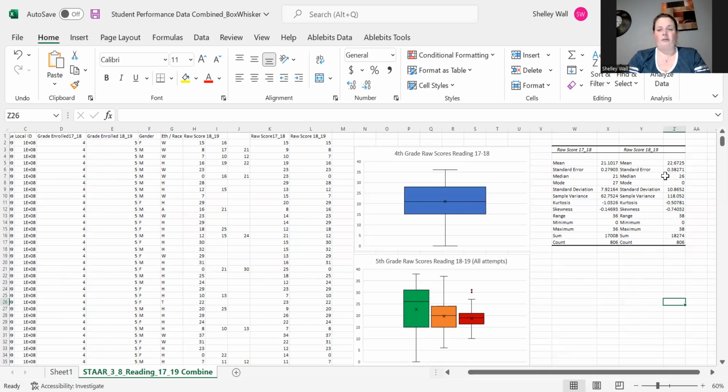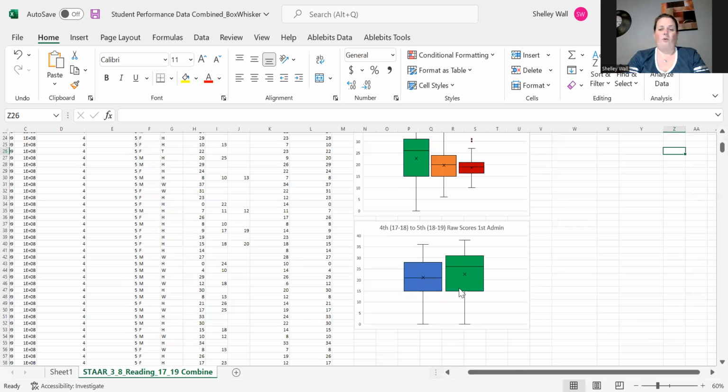Of course, you have to take a little bit of variance into the factor that in 5th grade, they did get to take the test up to 3 times. But for the most part, most students only took it 1 time. So the one administration as a 4th grader compared to the one administration as a 5th grader shows some pretty significant growth. You can see the standard error, and then you can look at the median. And if you look simply at the median score, at the 21 to 26 difference, that shows quite a bit of difference. Standard deviation, as we'd mentioned earlier, when you compared, I'm going to come down here to the 18-19,